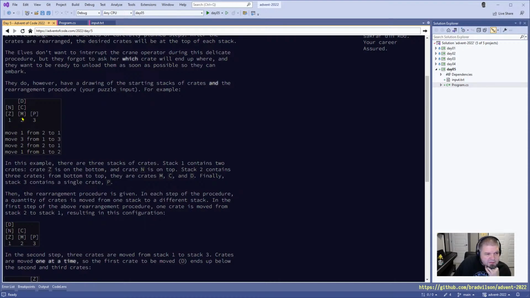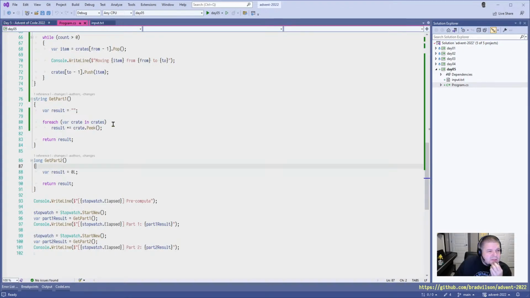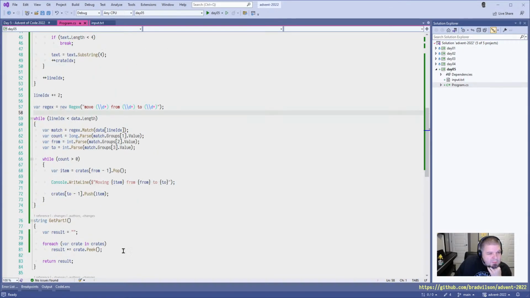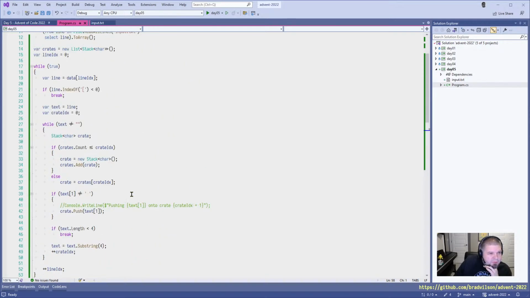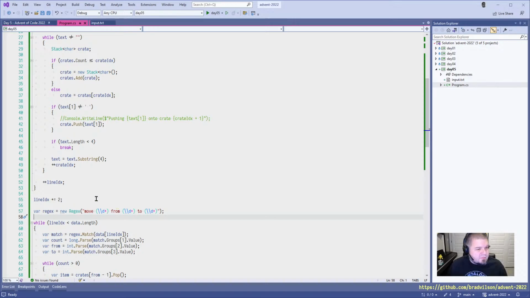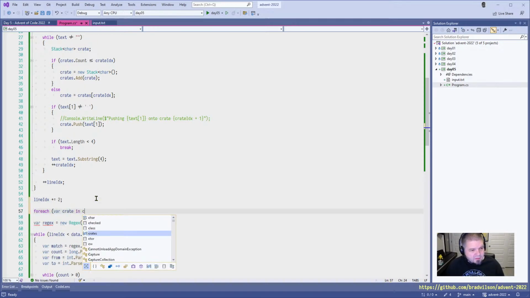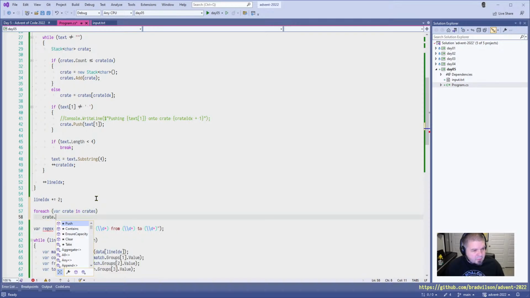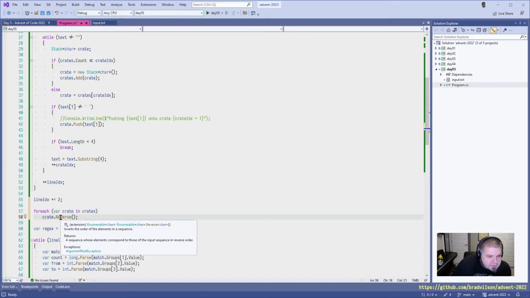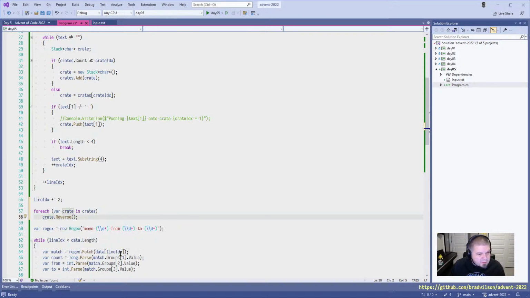Oh, that's because I put the stack in there wrong. No, yeah, I put the stack in there wrong. Yeah, these stacks need to be reversed. That's fine too. Can I reverse stacks? I don't know. For each var crate in crates, crate reverse. Apparently I can. Reverse gives me one to another, so we're going to say,